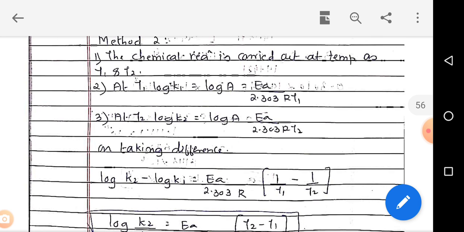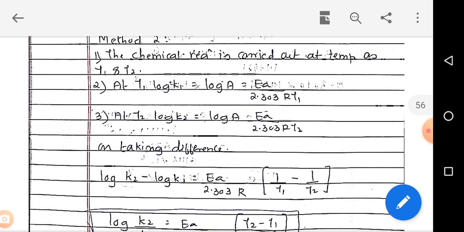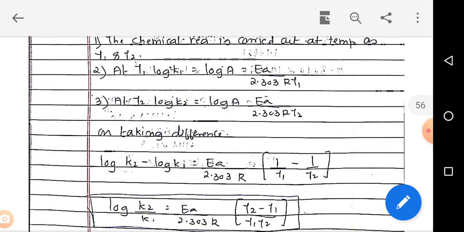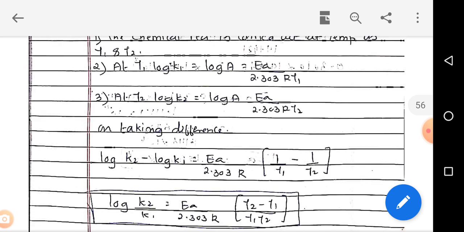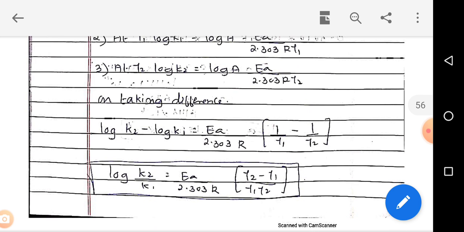At the other temperature T2, log K2 is equal to log A minus Ea divided by 2.303 RT2. So if we have the two temperatures, we can combine them and find the final equation for Ea. Taking the difference between them, log K2 minus log K1 is equal to Ea,